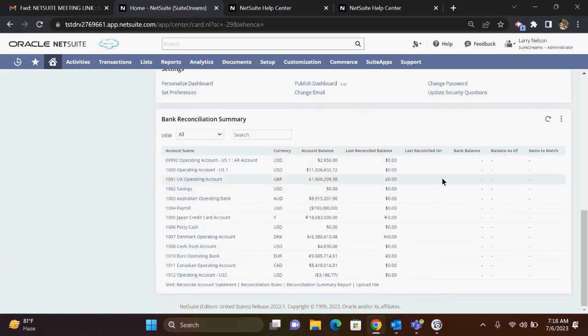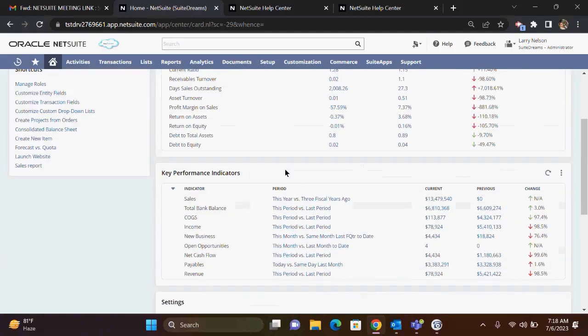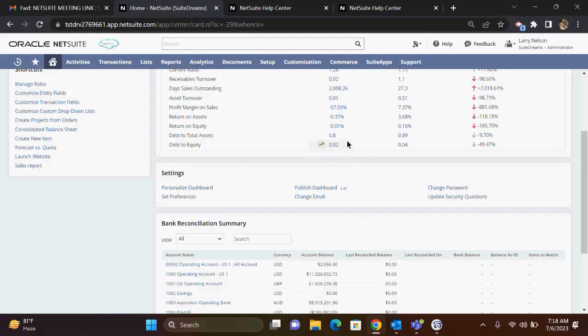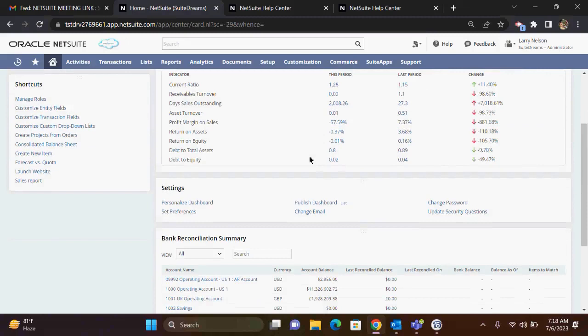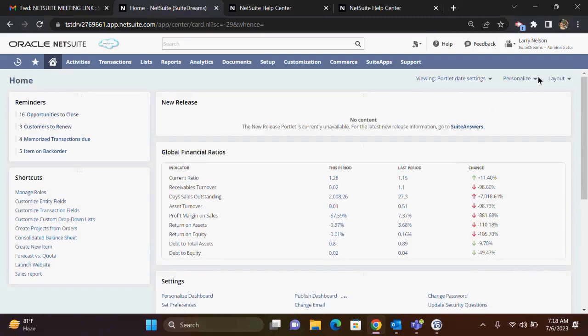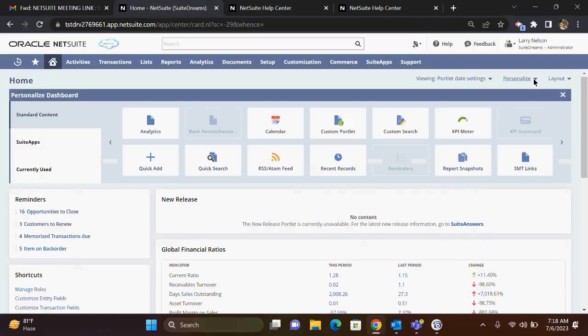We can remove that. Let's suppose I don't want to see this, I don't want the key performance indicator. I can simply go to this three dot menu and remove this. Now that particular dashboard is removed from my screen. Also you can pull that. So if you go to the personalize,